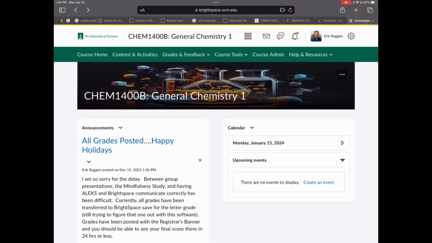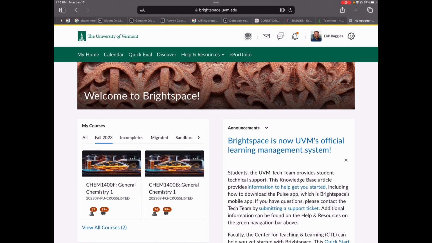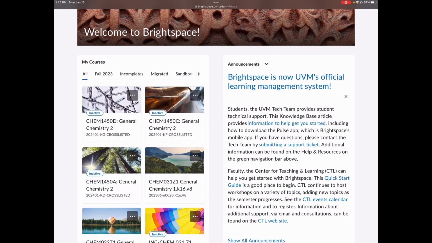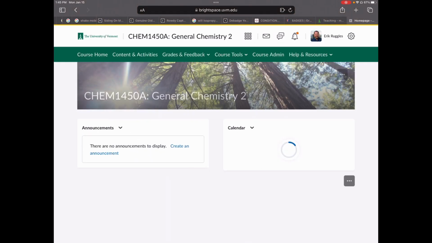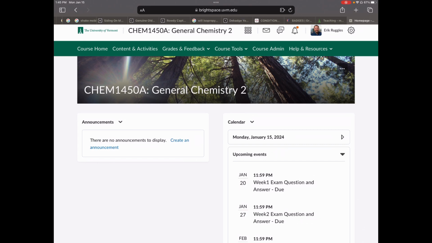If we get back to our current class here, I'm now getting back into our A section. Obviously we're going to see those announcements there on the left, which are absent so far.